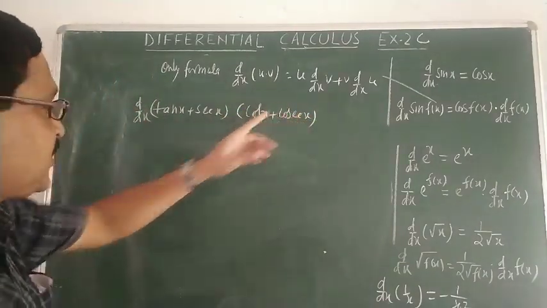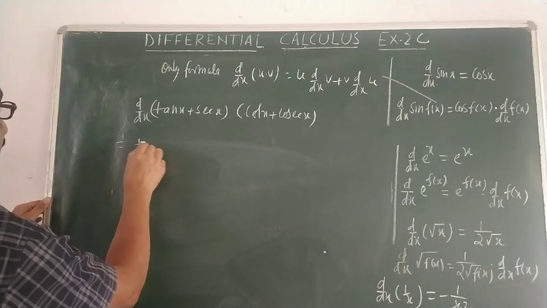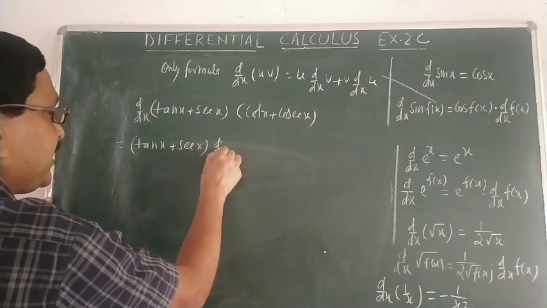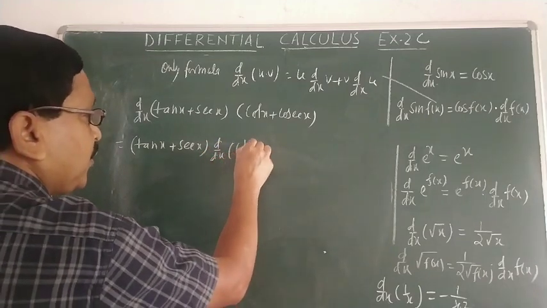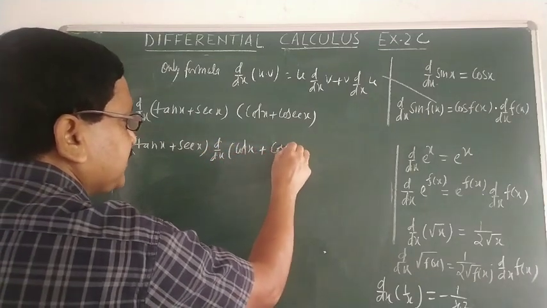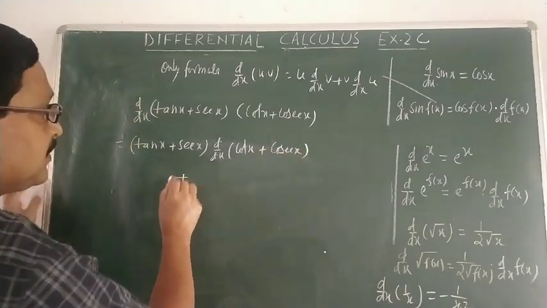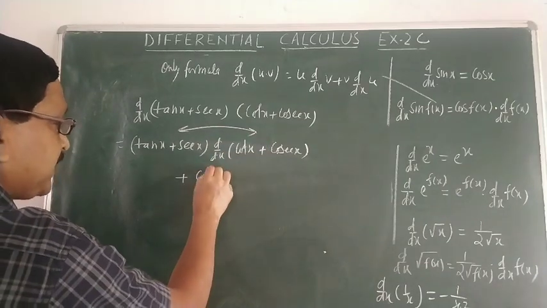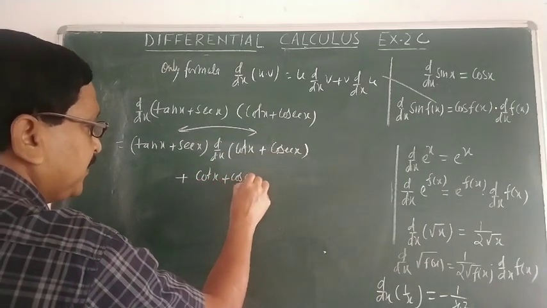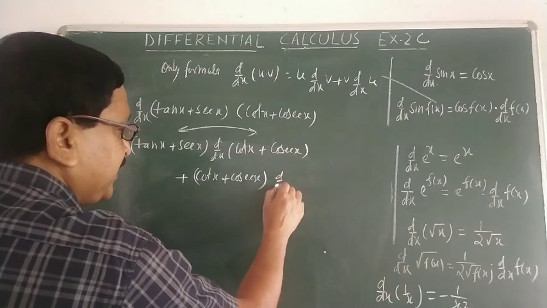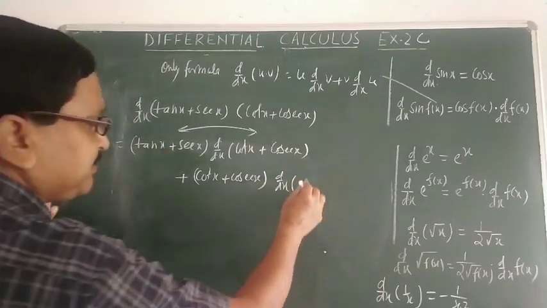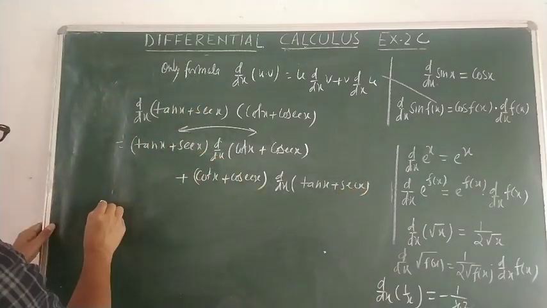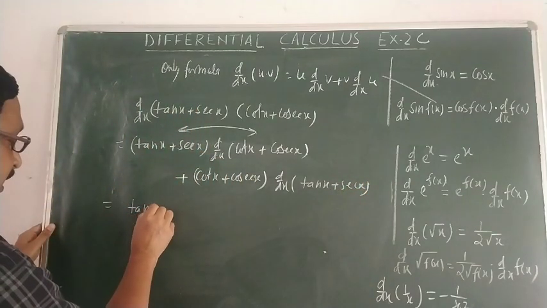Again we follow this instruction, so this is equal to tan x plus sec x into d by dx of cot x plus cosec x, plus now this v, cot x plus cosec x, into d by dx of this tan x plus sec x. Now our final answer is tan x plus sec x